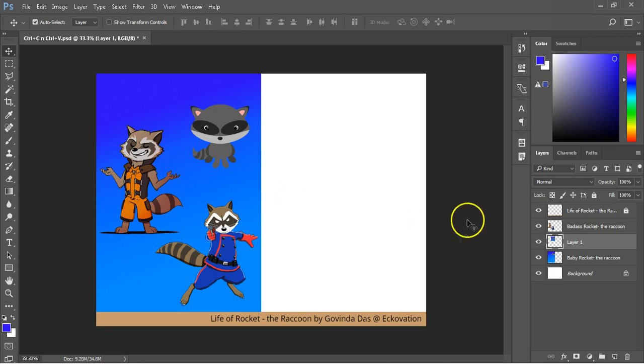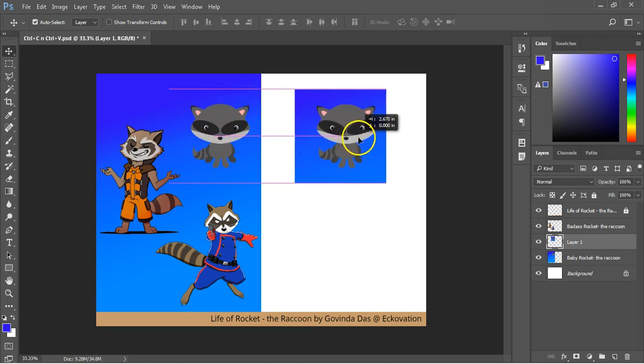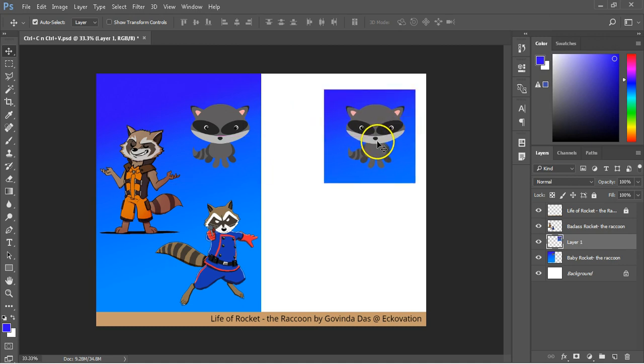Select it. Or activate the move tool by using the hotkey V and right click on the baby rocket on the canvas to reveal the list of all the layers at the point of click, and then select the newly copied layer. Then click and drag out the new layer to the white part of the canvas on the right hand side. The white part was specifically made for this purpose, so don't worry about ruining it. Now we saw the most basic copy and paste.